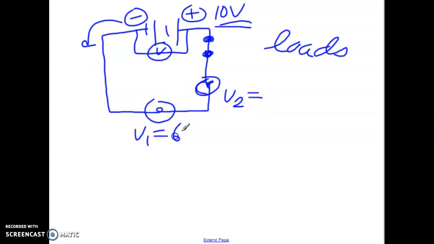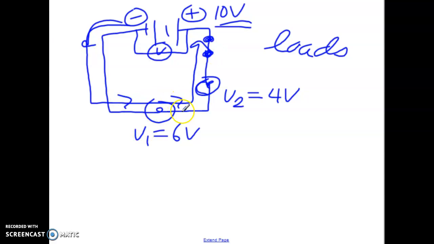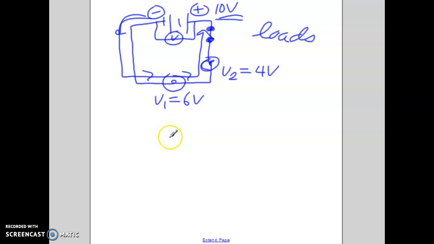So let's say this one was 6 volts. That means the other one was 4 volts, because on this pathway, as they're traveling, it's going to spend energy at each of these locations. But to compare that,